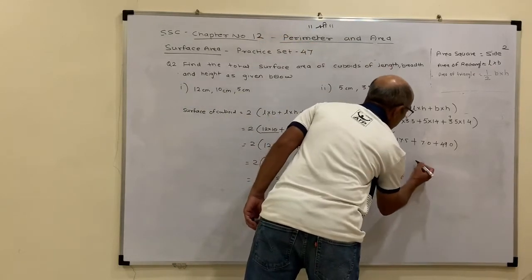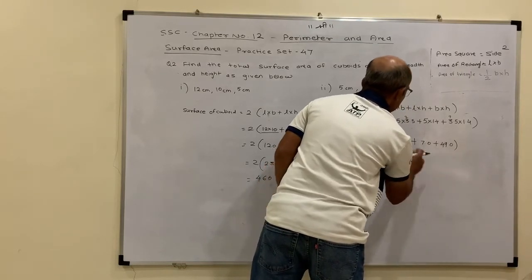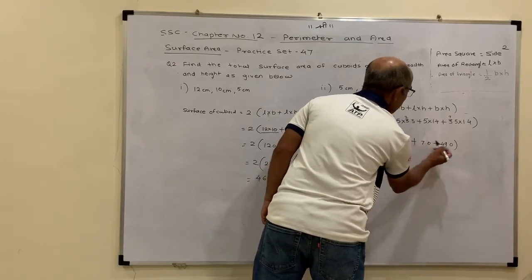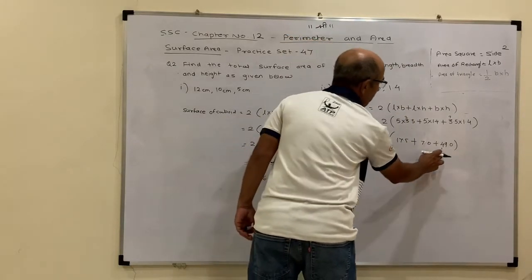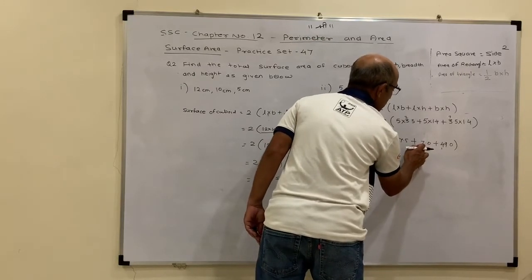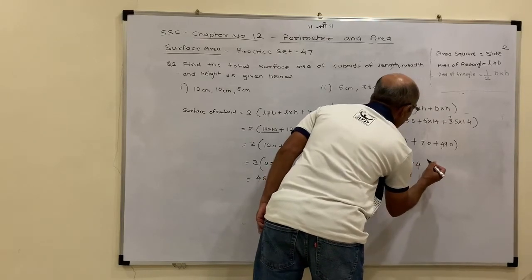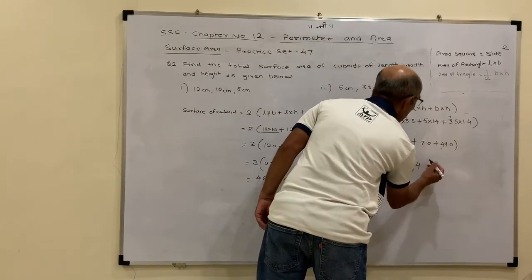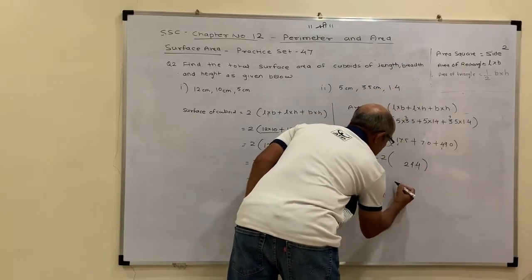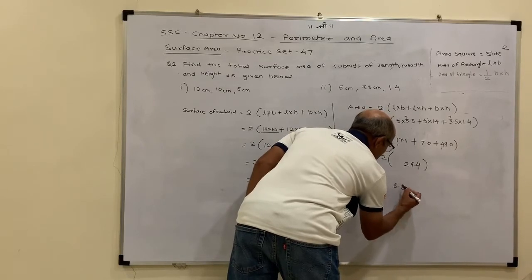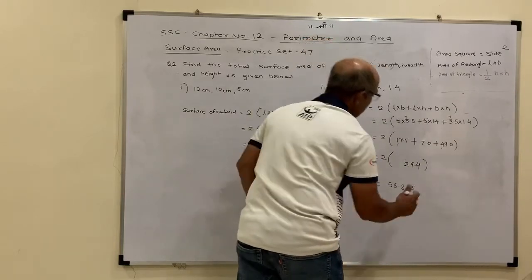So here the point comes out to be 0. Then my second decimal place is 5 plus 9, 14. So here it comes 1. 1 plus 4, 5 plus 7, 12 plus 7, 19 plus 1, 29.4. So 2 into 29.4 comes out to be 58.8, and this is square centimeters.